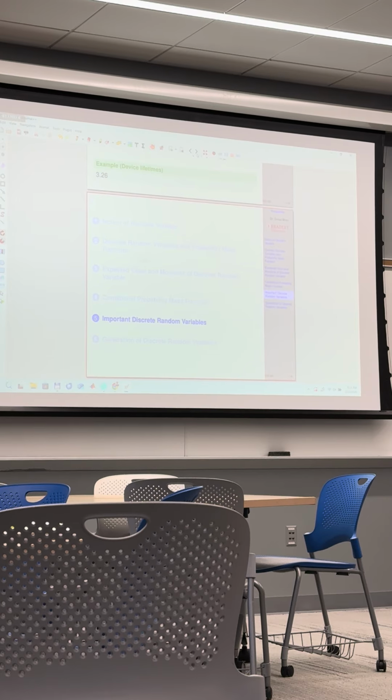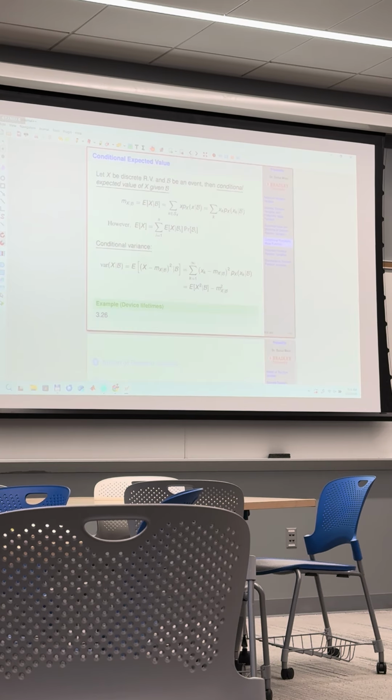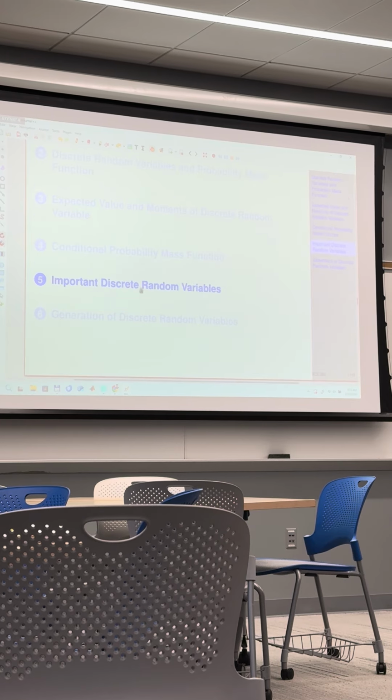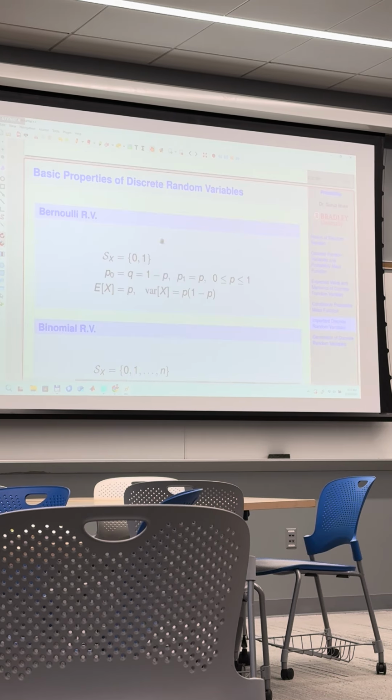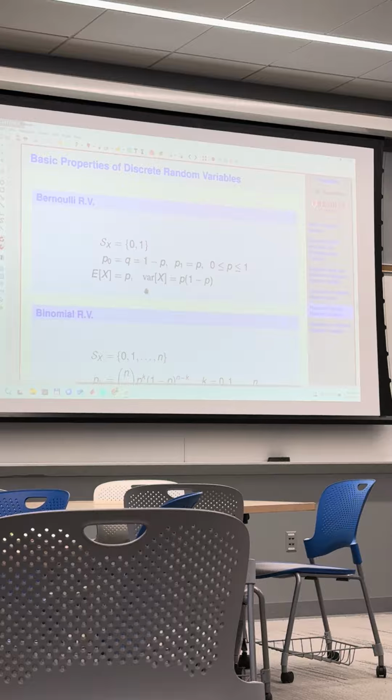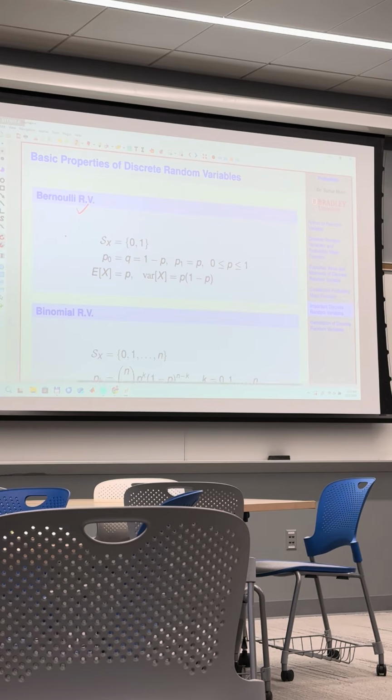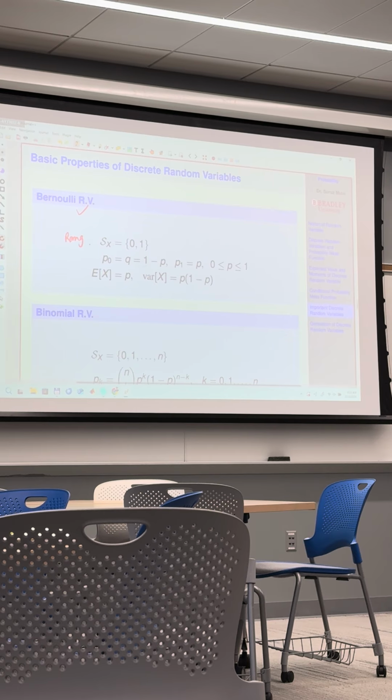Now in this chapter, towards the end, you see important discrete random variables. Here, all what I did, I summarized all the random variables that we went through in this chapter. We went through binary random variable. Binary random variable has range